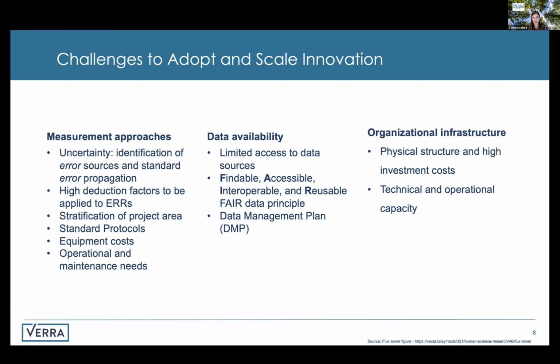So there are several challenges to implementing innovation into our programs and facilitating project implementation. I just list here three big groups, but I'm sure there are many others. So far, we have found challenges in terms of measurement approaches or technologies. One which is very important for us is quantification of uncertainty,